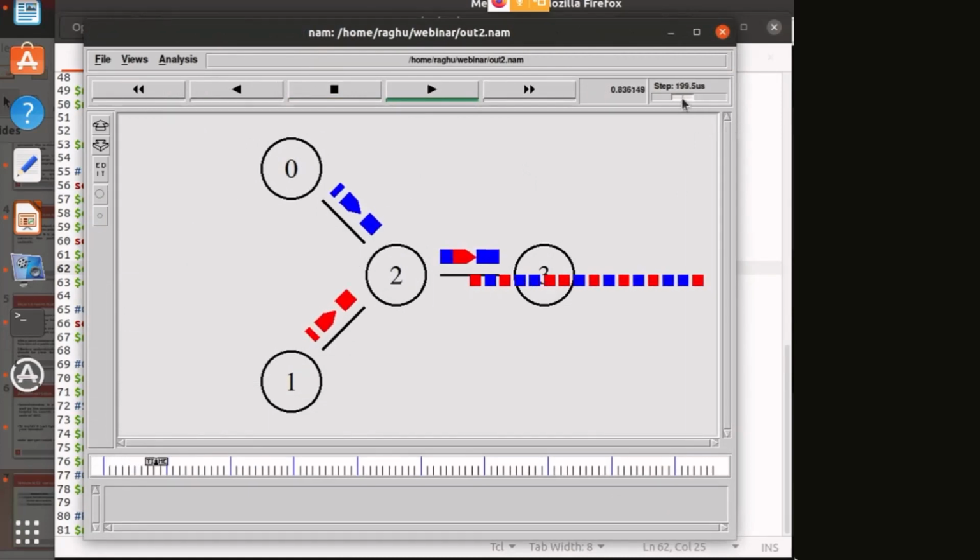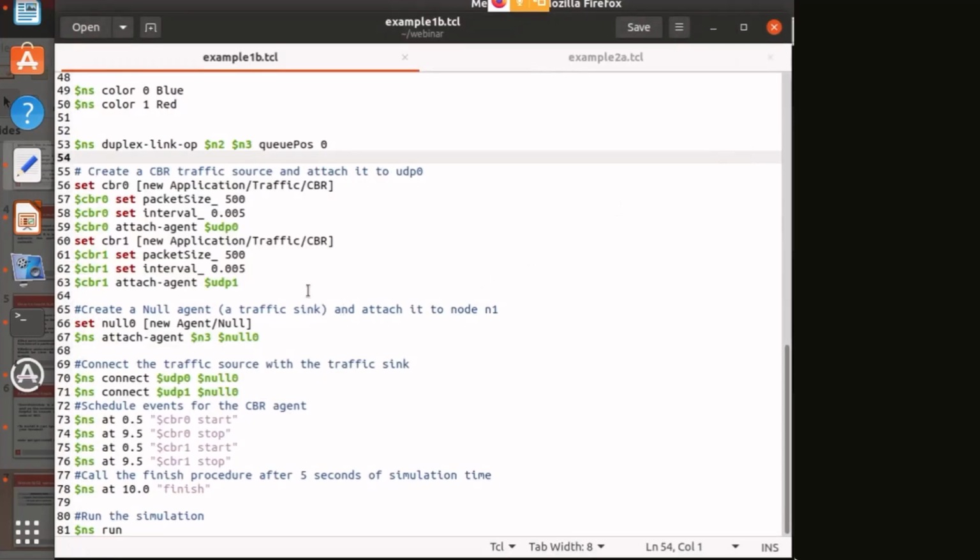Earlier the queue was going upward, now it is going at a 0 degree angle from this link. If we keep the value as 1, it will go at a 180 degree angle, meaning in the left direction. There is nothing in it, you can always keep it as 0.5. So no need to change these things.